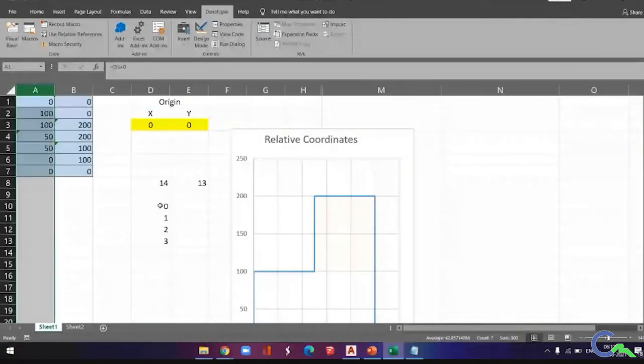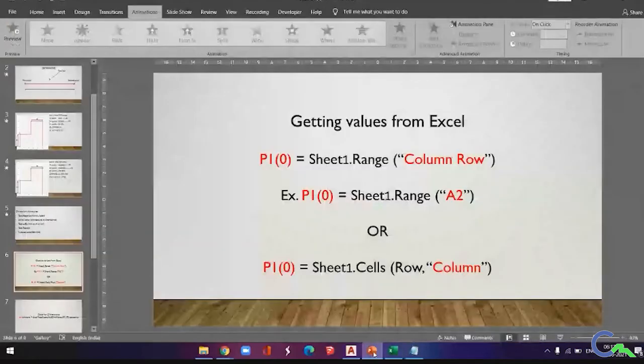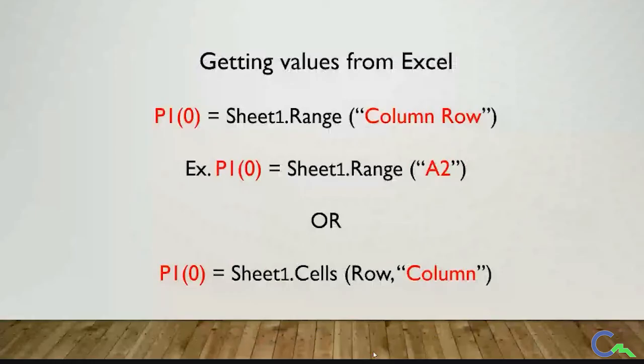In the same way, if you want some value, I can write Sheet1.Range, a beautiful code from VBA, and I should get from A2. This is how you should write: the column name first and then the row. So Sheet1.Range A2.